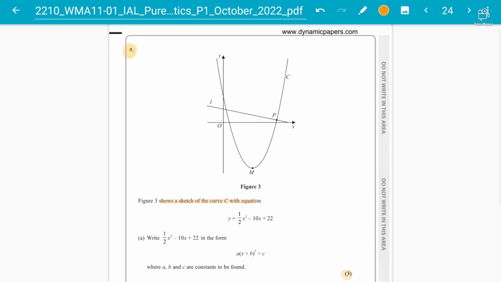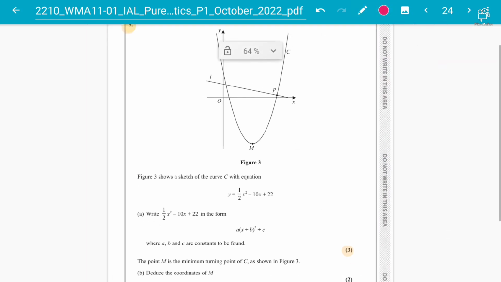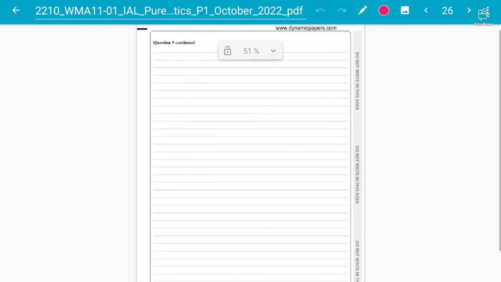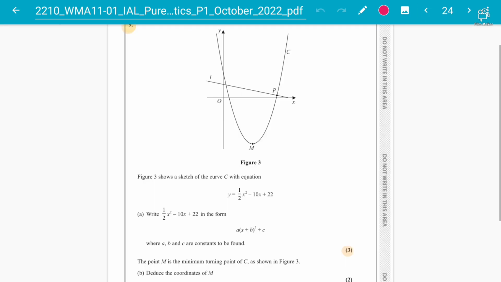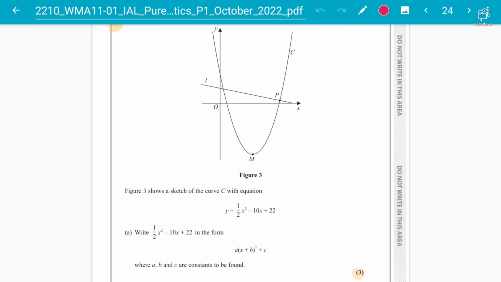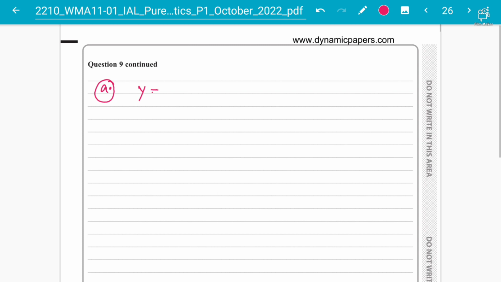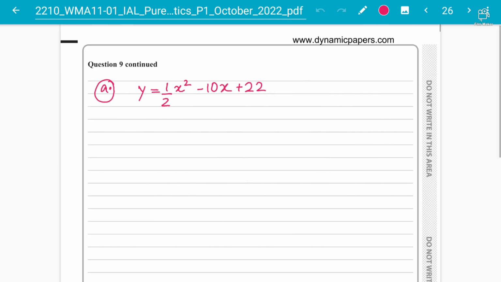So what I always say is to go for the easiest method, although it might be time consuming, or something nobody should follow, but it's better to go for the easiest method. So let's write the question. It's going to be y is equal to half x square minus 10x plus 22. So that's the question, half x square minus 10x plus 22, and I have to prove it by completing